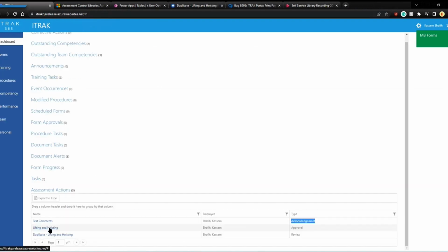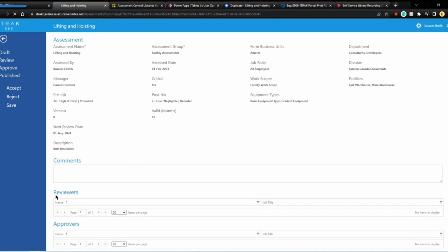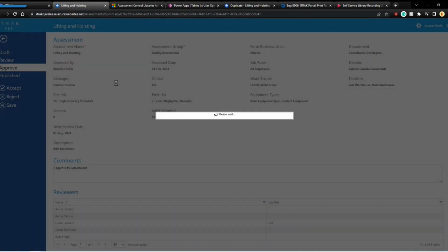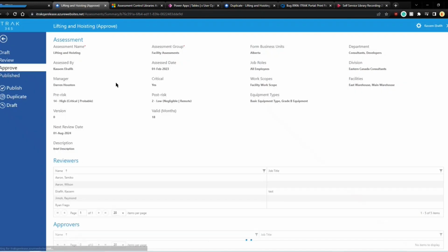And then if I go down to lifting and hoisting, we can see approval, and it's the exact same thing. So I have comments for the approval. I approve this assessment, and I can hit accept. Now, please note if you are the